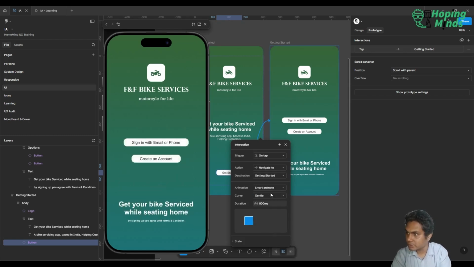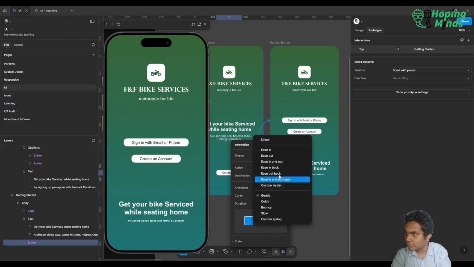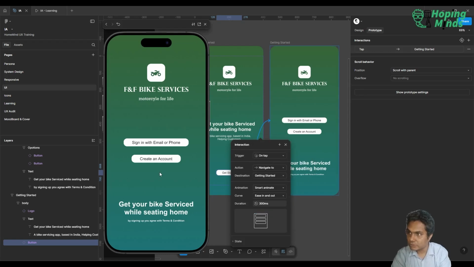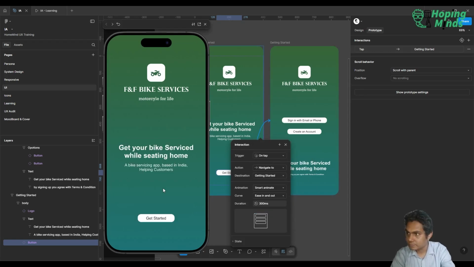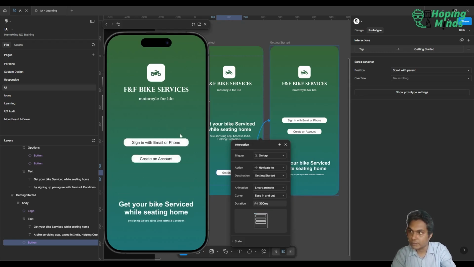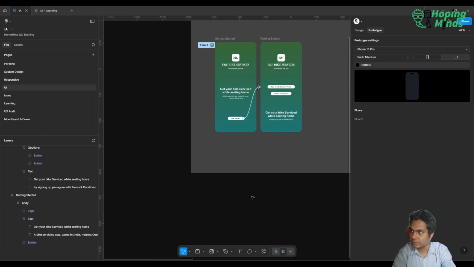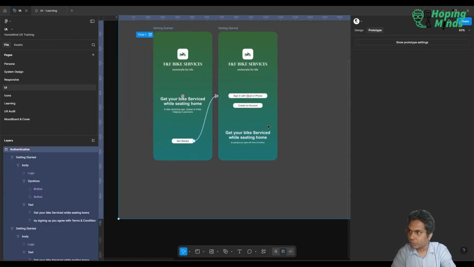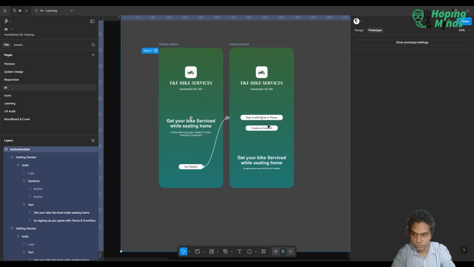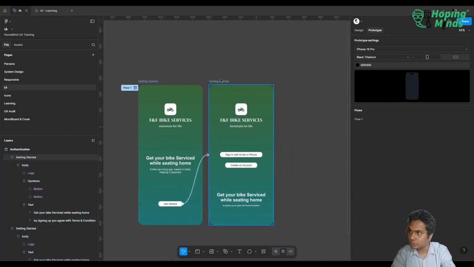Okay, this is nice. Or we can use ease in and ease out. Okay, this is nice, not that bad. So obviously this logo is not changing, but everything else is changing. So once you have this, what you would want to do is create